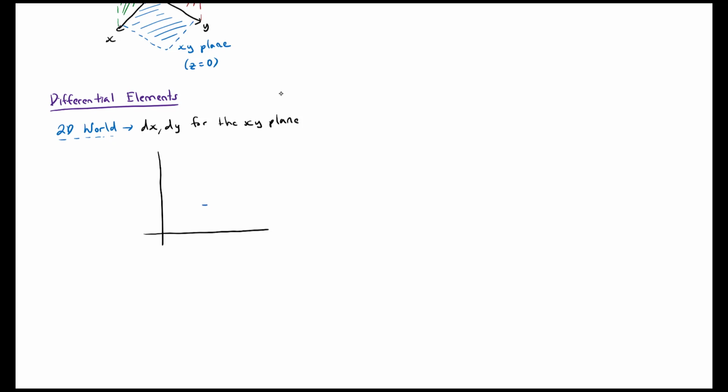So maybe we could have dx, and we could have dy. And this would be like a tiny chunk taken out of the shape that we're trying to figure out some sort of calculation for. Now in the 3D world,